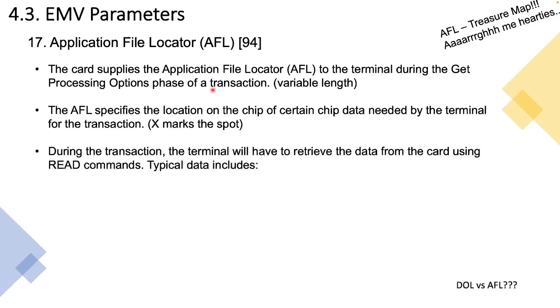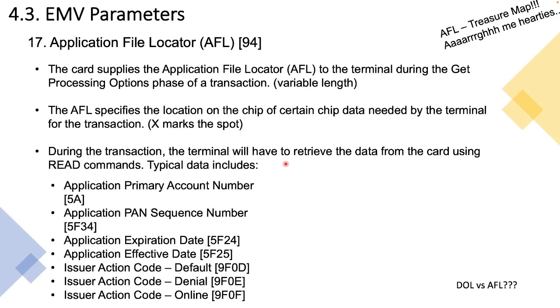Okay. And when the terminal needs information, now that it has the AFL, it knows the spot, it knows where the treasure is buried, and so what the terminal will do is it will send off multiple read commands, and each read command will pull a different piece of data that was indicated in the AFL. Okay, and so typical examples of what kind of data would be listed in the AFL that the terminal would want,